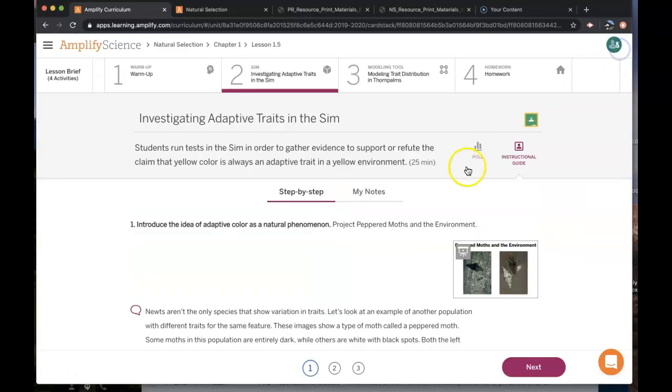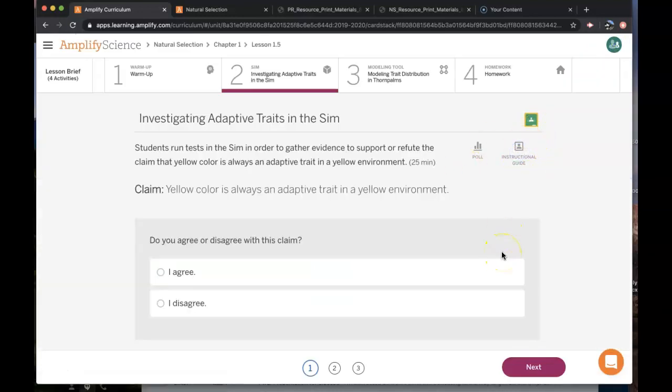We are going to be looking at the australopes. And you're going to observe australopes in a yellow environment. So if blending in with the environment is always adaptive, we would expect that the australopes being yellow would help them blend into their environment, and that their yellow body color would be an adaptive trait. So the claim is: yellow color is always an adaptive trait in